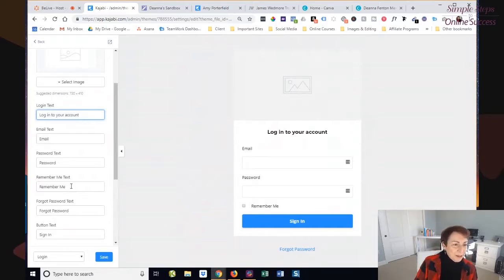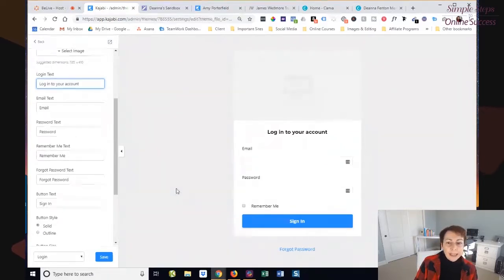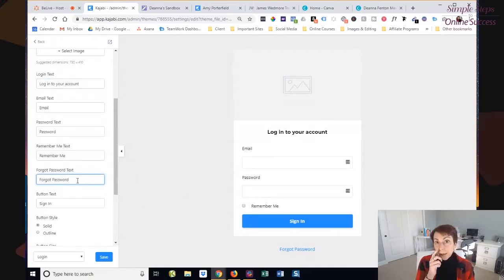The remember me, and the important thing right here too is forgot password. That one, maybe you want to customize. It kind of depends on your users. If there's people that maybe don't log into things online very often,